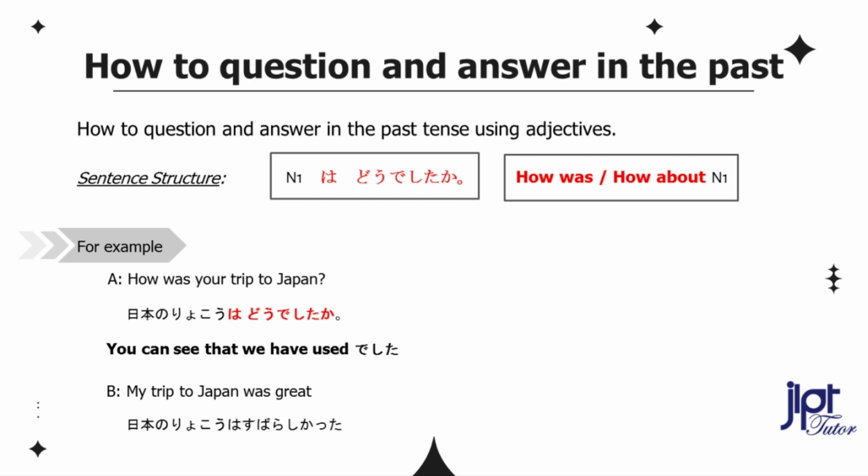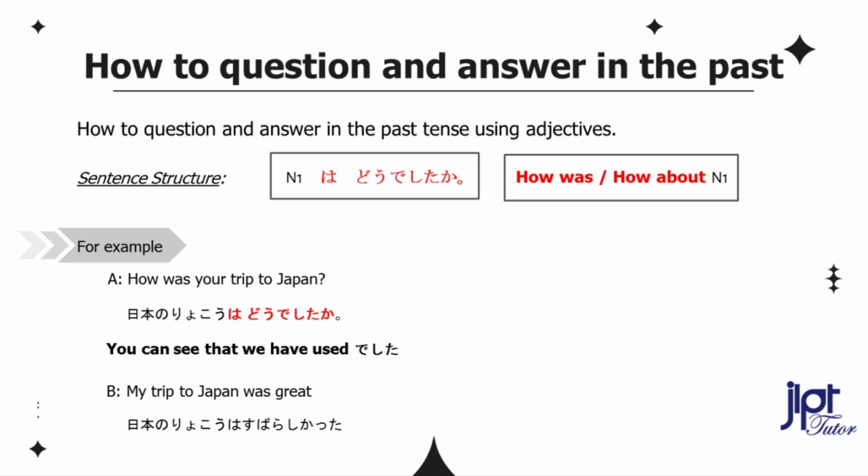You can see that we have used deshita, which is a symbol of past tense as we have learned in lesson number 1. So, if you have missed watching lesson number 1, go and watch now. Now, let's see how to answer the above question. My trip to Japan was great. 日本の旅行は素晴らしかった。